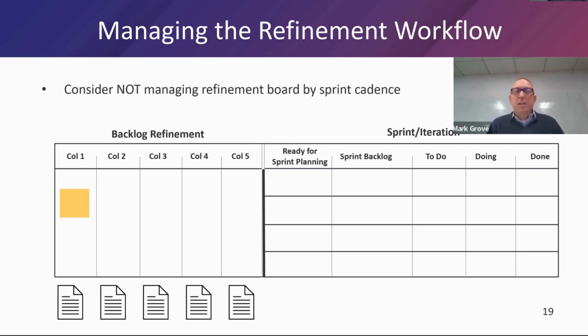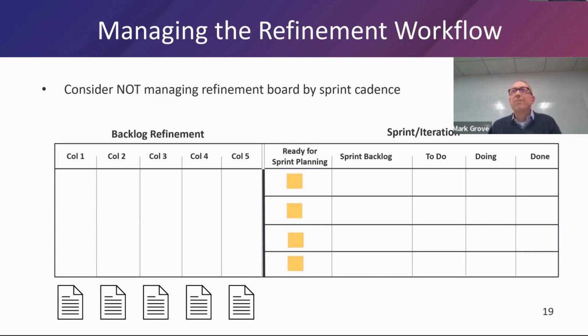A lot of these items are new, they're unknown, they're uncertain, you probably have a decent amount of work to refine them. So as they make their way down the refinement board, of course, they're going to be getting smaller. Maybe things split off in some way or another, but you're addressing all the criteria that you see down below. And ultimately, when it gets to that definition of ready, you can now ideally bring things in for sprint planning, whether it's the immediate next sprint planning, like just in time, or if it's 2 or 3 sprint plannings perhaps in the future. But you don't necessarily need to manage that work every 2 weeks,